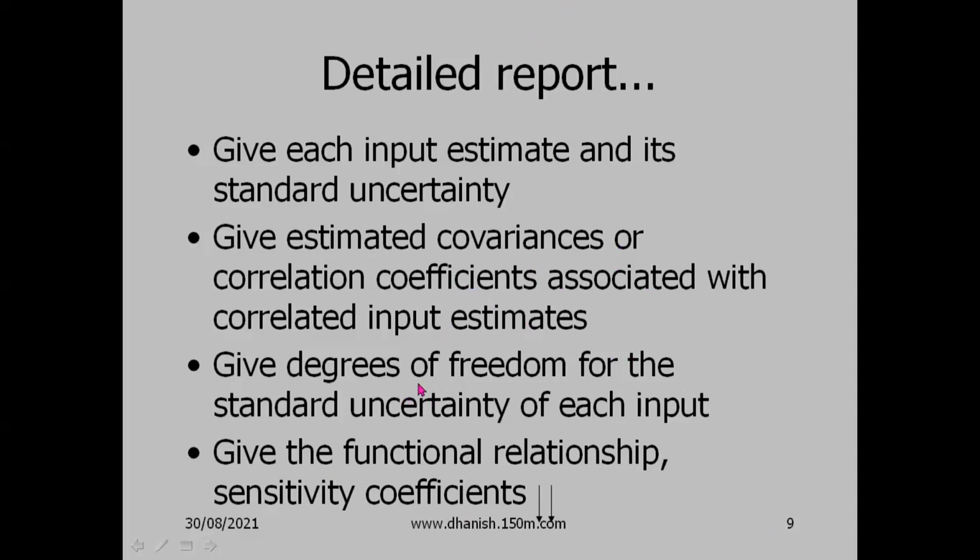Finally, how do we write the result of a measurement? Okay, so most important thing is measurement uncertainty should have how many digits? Just 2 digits. Okay, and the measurement result should be rounded off to match the number of digits in the uncertainty. Okay, so that completes the reporting.